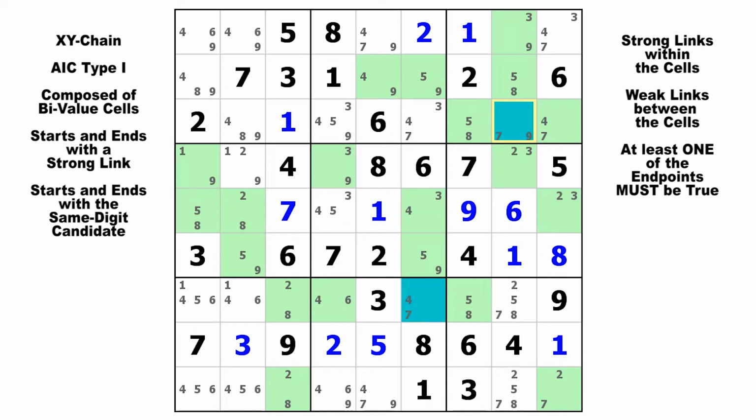So let's start on this candidate 7 in row 7, column 6, and that's a strong link to the 4, and then a weak link to this 4, strong to the 3, weak to this 3, strong to the 2, weak to this 2, strong to that 3, weak to that 3, and strong to this 9, weak to this 9, and finally strong to that 7. So the blue 7 down here in row 7 and the yellow 7 in row 3 are the 2 endpoints